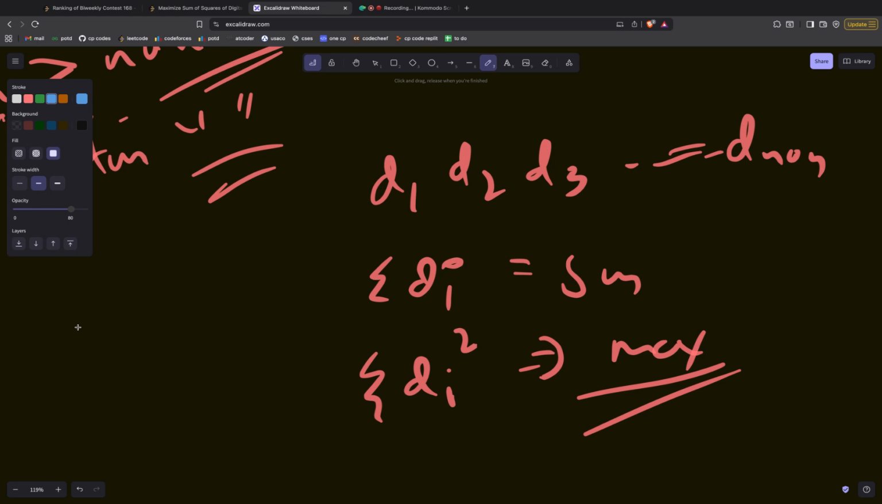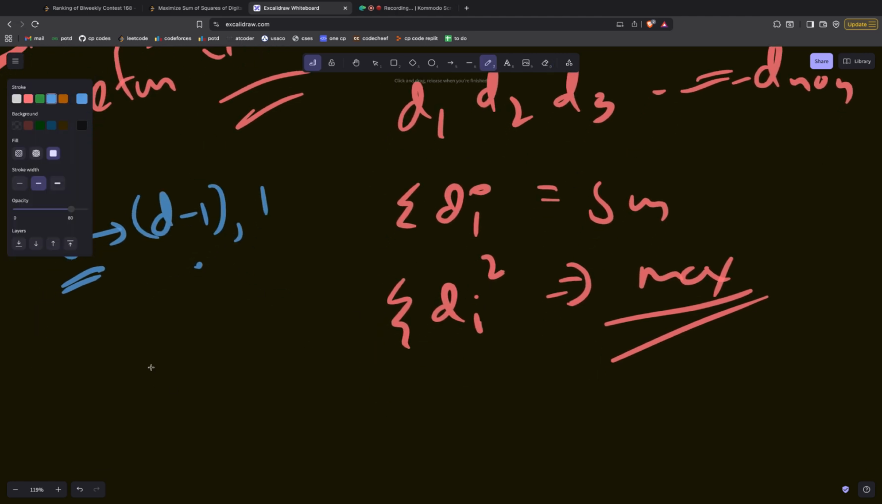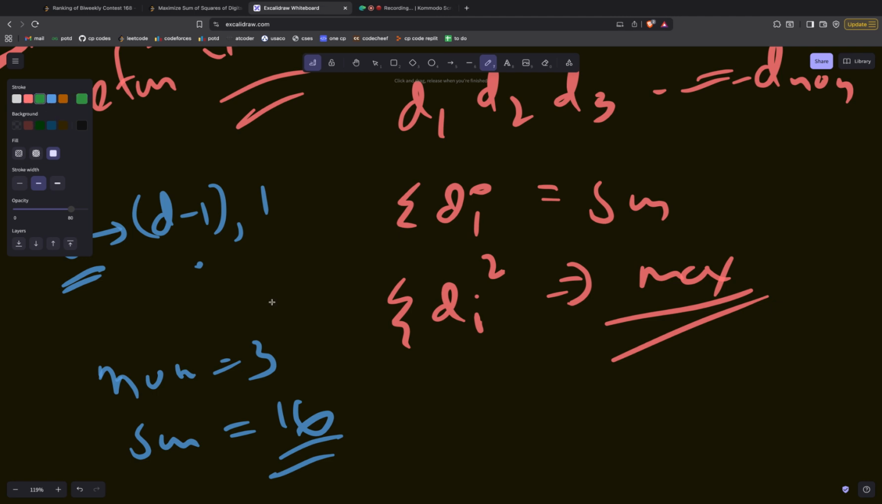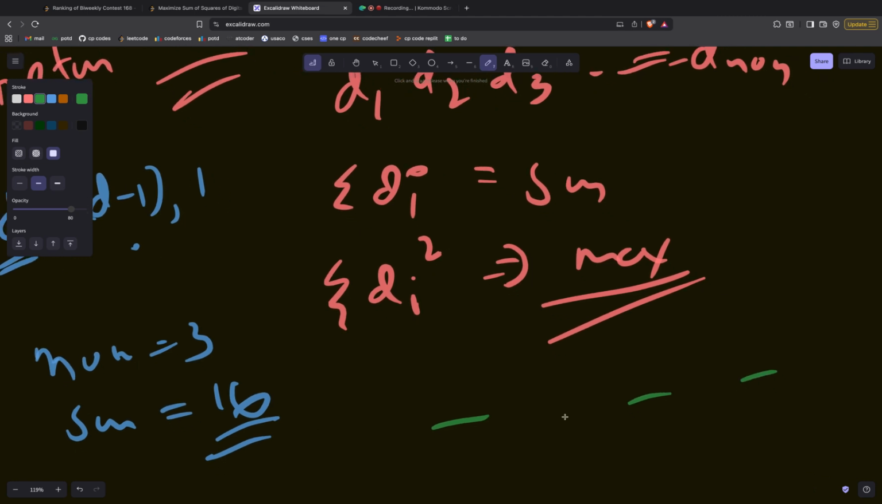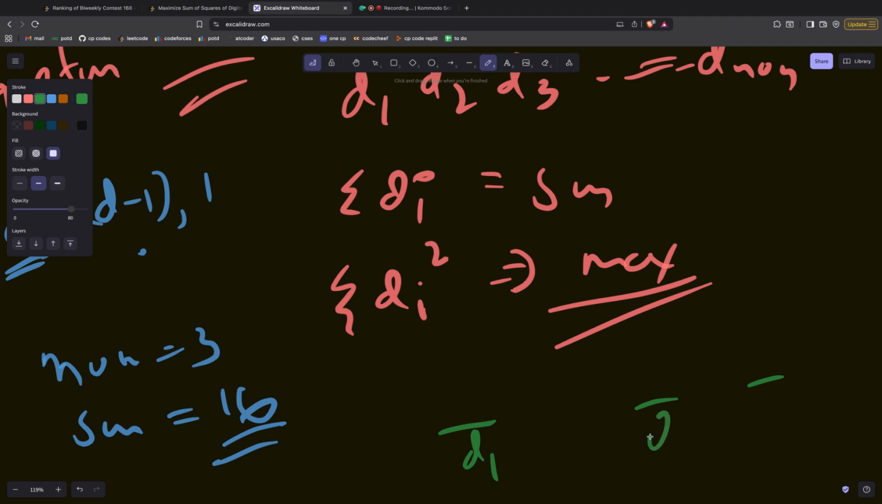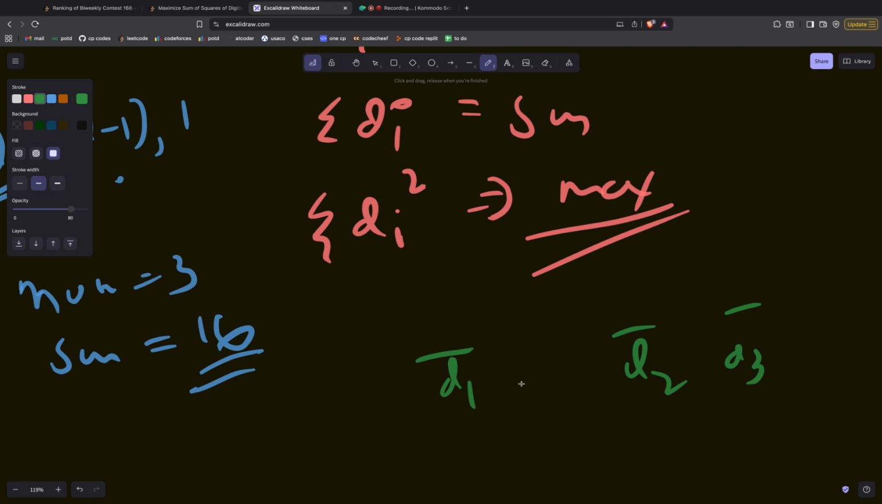Let's think. One thing that we need to know is that if you have some integer D, and you break this D integer down into, let's say, D minus 1 and 1. Let me explain what I mean by this. Let's say your num is 3 and your sum is 60. You have to create three places, right? Let these be d1, d2, and d3, and d1 plus d2 plus d3 should be equal to 60. Okay,